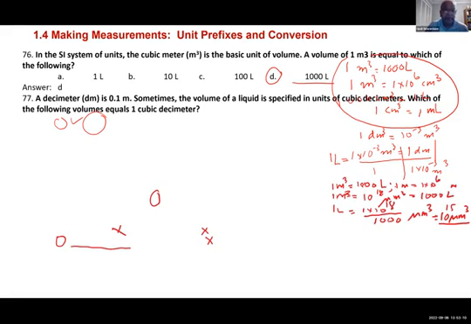Decimeter is 10 to the negative 1 meter. 10 to the negative 1 is 0.1. Sometimes volume is equal to cubic centimeter. Which of the following is cubic decimeter? Cubic decimeter is